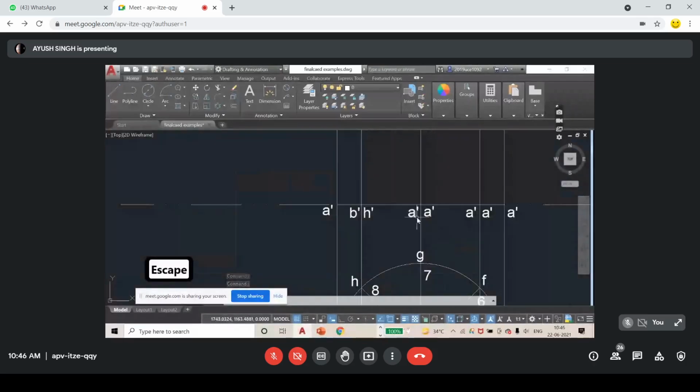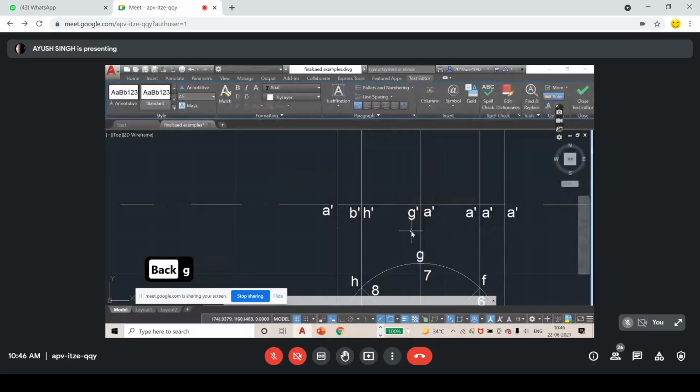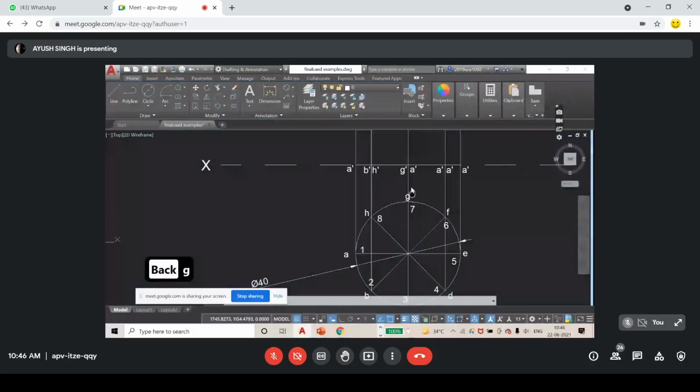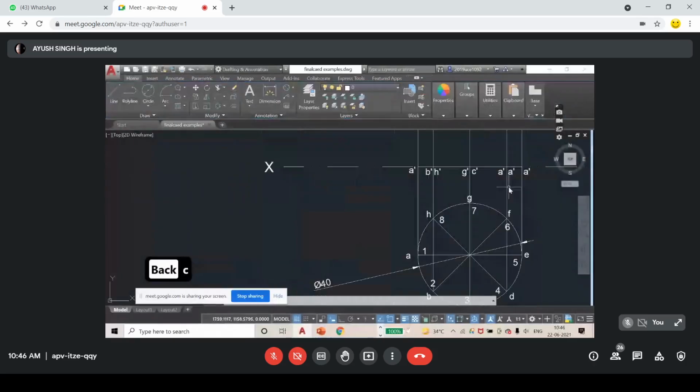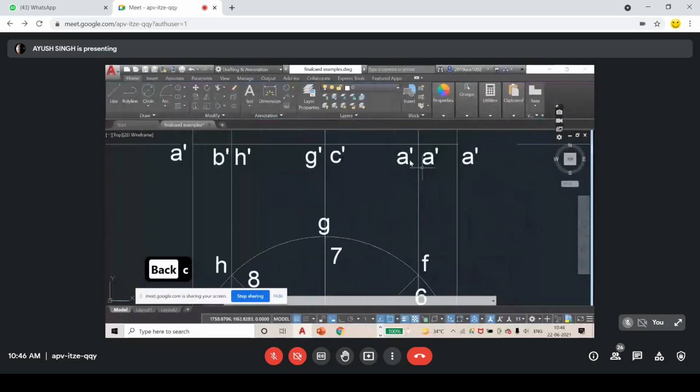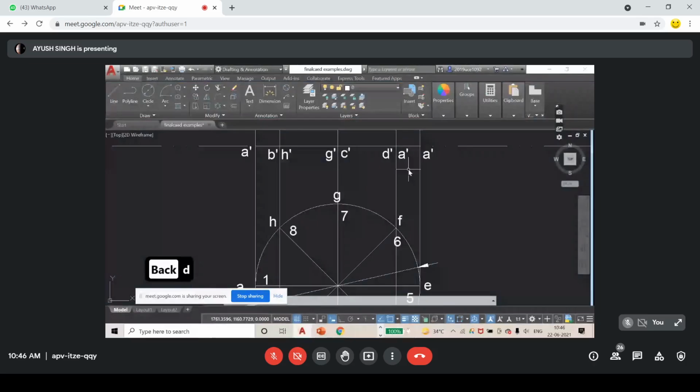So you have to note that where you have to mark these letters, okay? Otherwise, it will create some mistakes that you won't be able to correct at the end of the exam, okay? When you have only, there is a mistake. D dash.